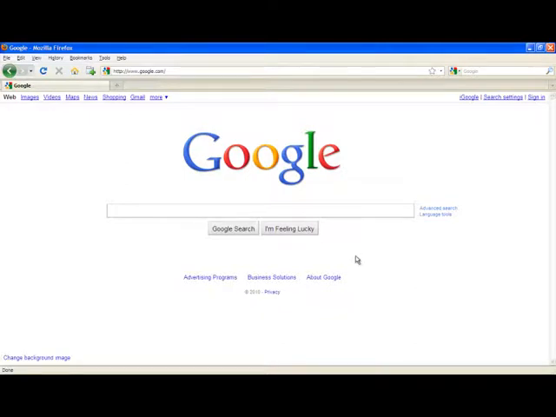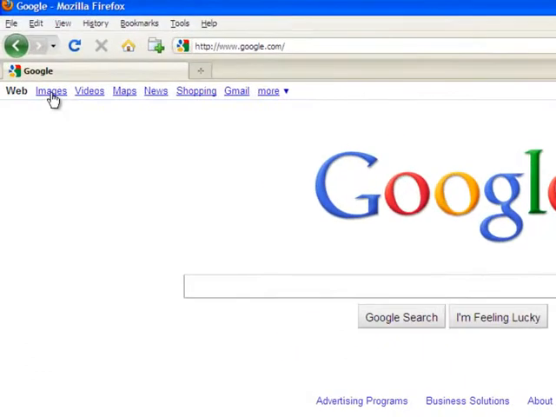There's lots of sites out there, search engines that'll let you do an image search, but I'm more comfortable with using the Google image search. I know that that works effectively, so that's what we're going to use for this particular video. So if you go to google.com, click on the image link here,